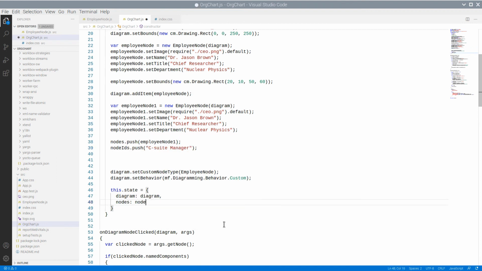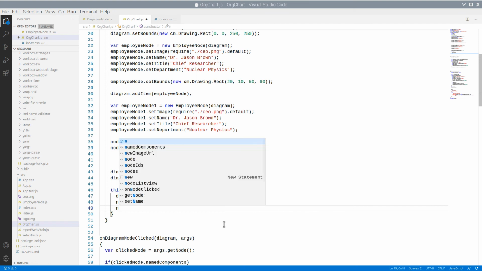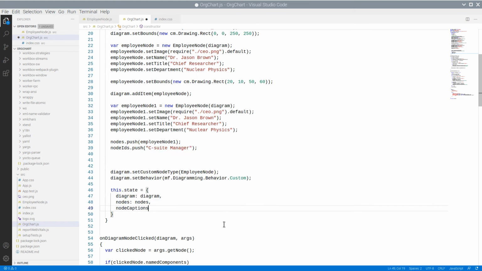We keep the nodes and the captions in the state because we need to access them in the render method.